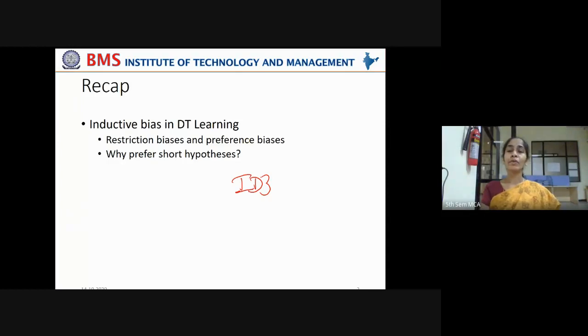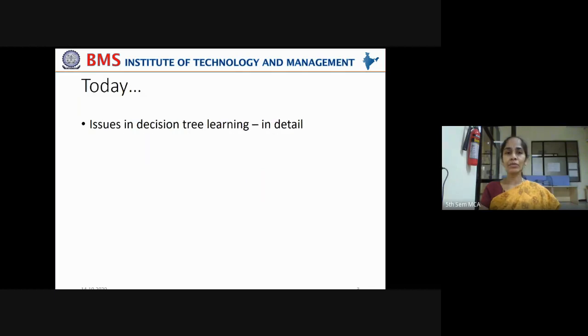But if you have a large number of hypotheses with long hypotheses, chances of coincidence may be more, which may not generalize to the unseen data properly, and may not make accurate predictions. That is why Occam's razor theory says go for the shorter hypothesis, go for simple solutions when compared to larger solutions, right? So these topics are very clear to you now.